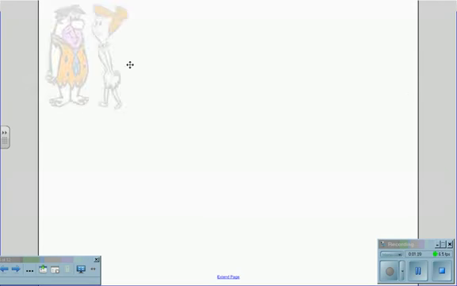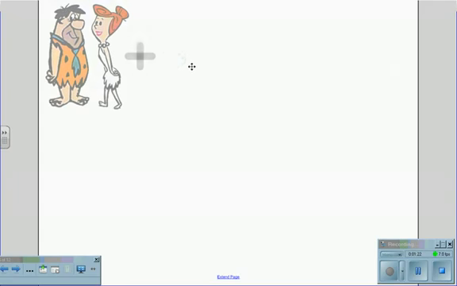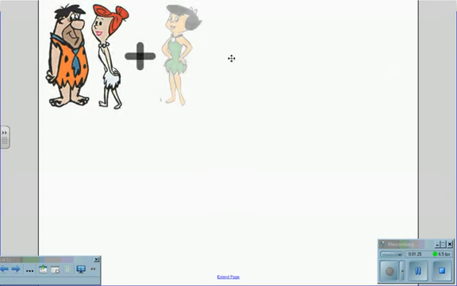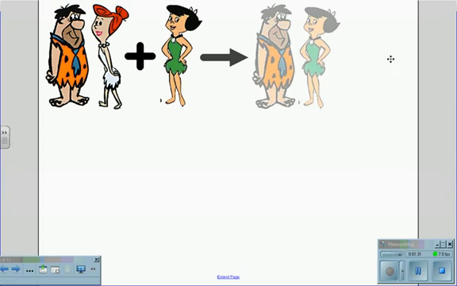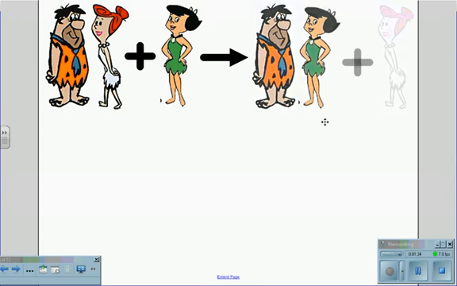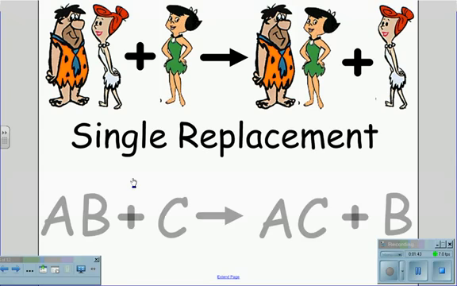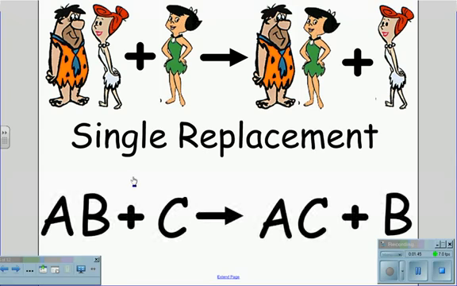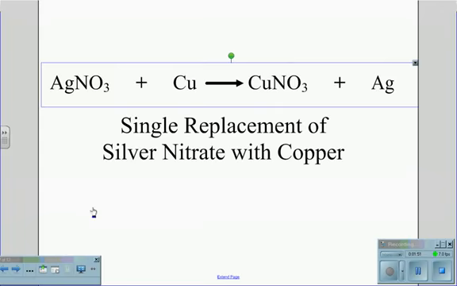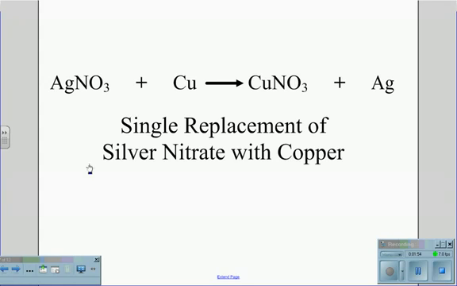If, however, the Flintstones went to a dance and they met up with Betty, and when Betty showed up, she ended up with Fred, leaving Wilma by herself, we would call this single replacement. We are replacing one part of the pair. So AB plus C gives off AC plus B. We are replacing one part of the compound. This is called single replacement, and this happens when silver nitrate combines with copper to create copper nitrate and release